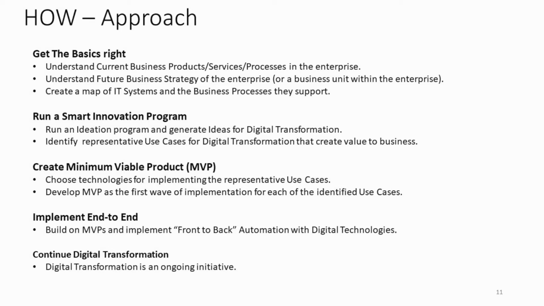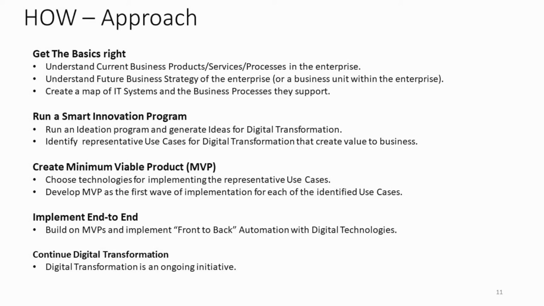Once we have the ideas and representative use cases, the next step is to come up with a minimum viable product. We normally refer to it as an MVP. So MVP is a product that has just enough features to satisfy customers who are early adopters. Whenever you're trying something new, it is better you try with a small set of features and fail fast. If that doesn't work, change the use case, change the feature set. It is the basis against which we get our customers to provide feedback for future product development. So MVP is important.